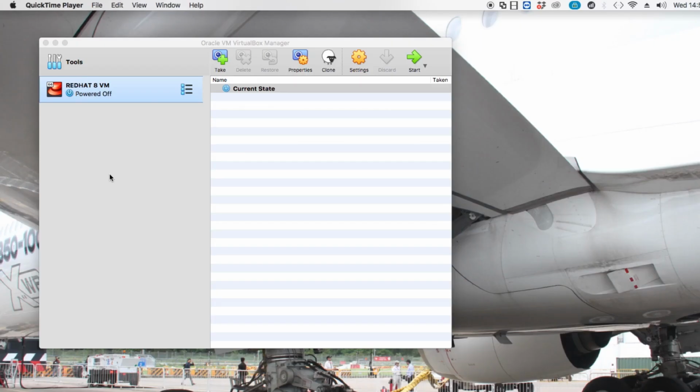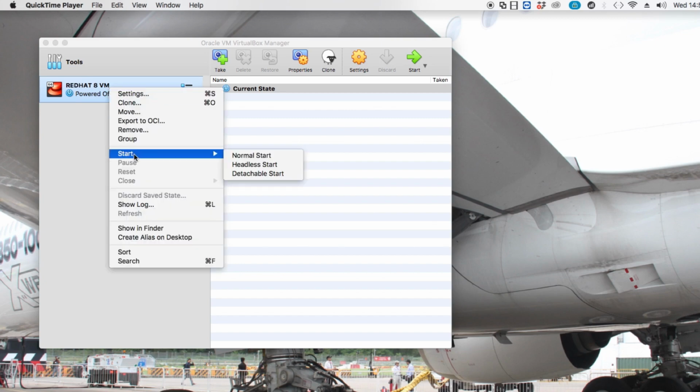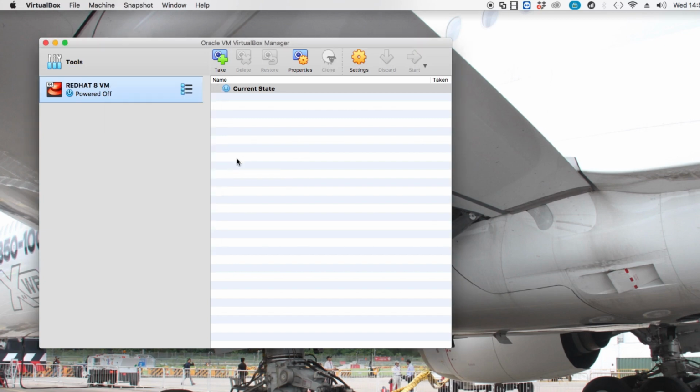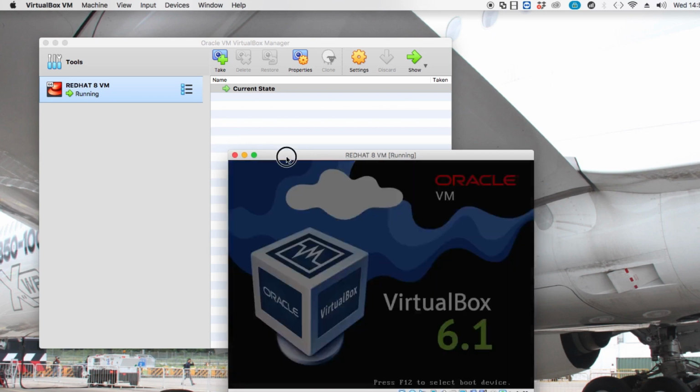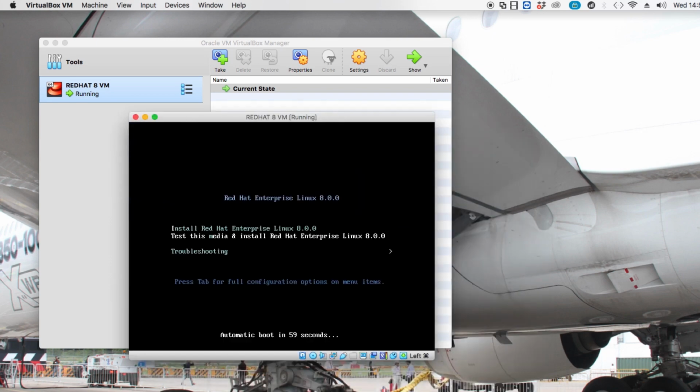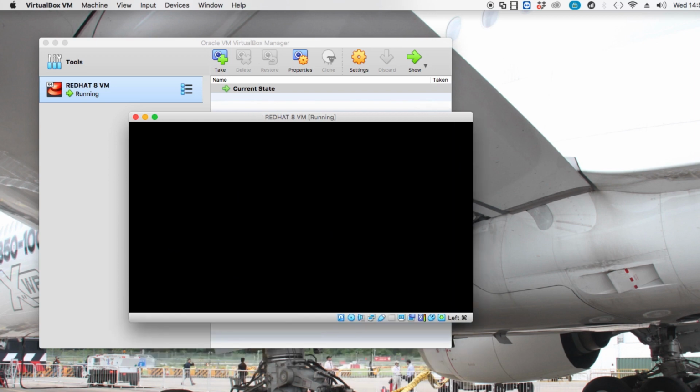Okay, so right click on the virtual machine, then click on start, normal start. This will start the VM, and it will boot up using the Red Hat disk image file that we attached to the VM in the previous step. So it's now booting up. Okay, so the option that we want to select here is install Red Hat Enterprise Linux 8. That's the option that we're going to select,